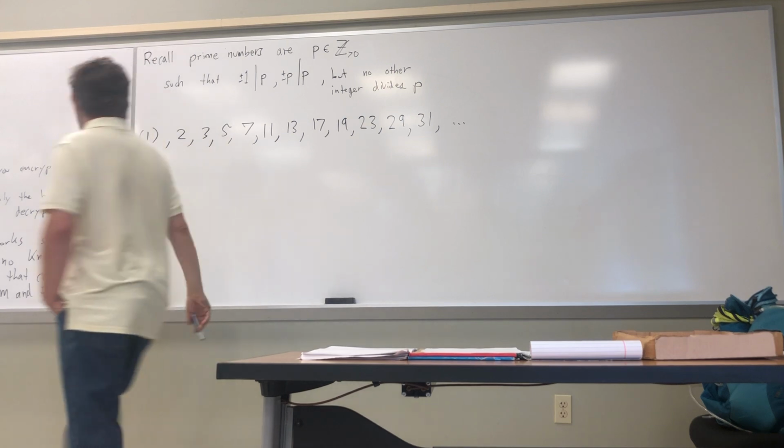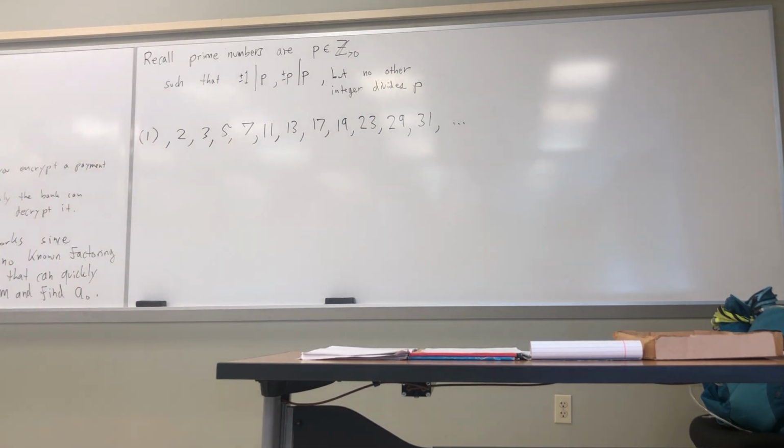So actually the proof that there's an infinite number of them is a pretty easy proof to do with contradiction. Assume that there isn't an infinite number, and you can always find one more. But I want to get back to the encryption, so I won't prove anything about prime numbers right now. It's easy to go on a nice bunch of rabbit trails with these though, because there are so many unanswered questions, like